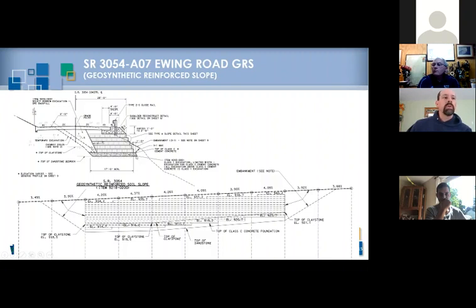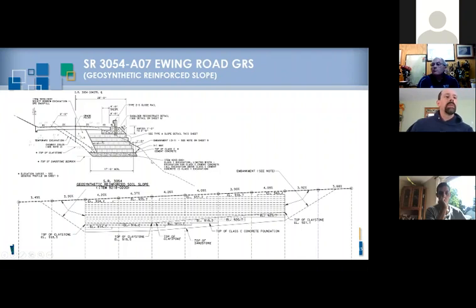lot more vertical. And what these are layers of geogrid every 18 inches, and it's backfilled with suitable material. Typically we use number 8 stone, which is like a fine gravel because it's clean, but you can use any material that would pass the testing requirements. So here below is a profile showing you those layers and how they step up as the road grade steps up as well. And these are pretty cost effective.